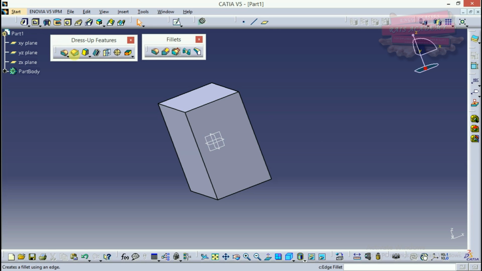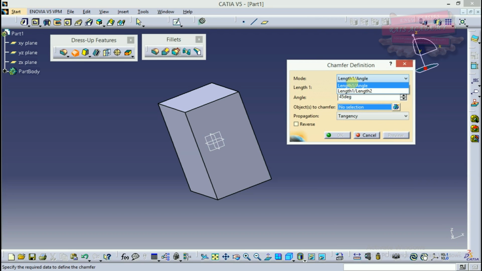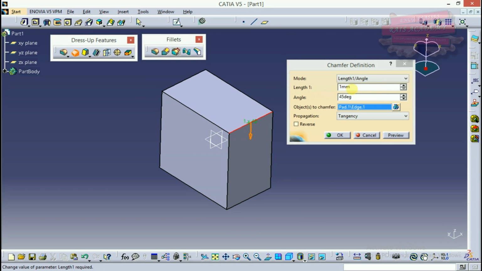Similar to this feature, we have a chamfer feature. It also consists of several modes. It is asking me for length 1 and the angle, or length 1 and length 2. So we'll see the first one. Suppose I want to chamfer this particular line. I'll select the line. Now it is asking me what the length should be. I want the length to be 5.